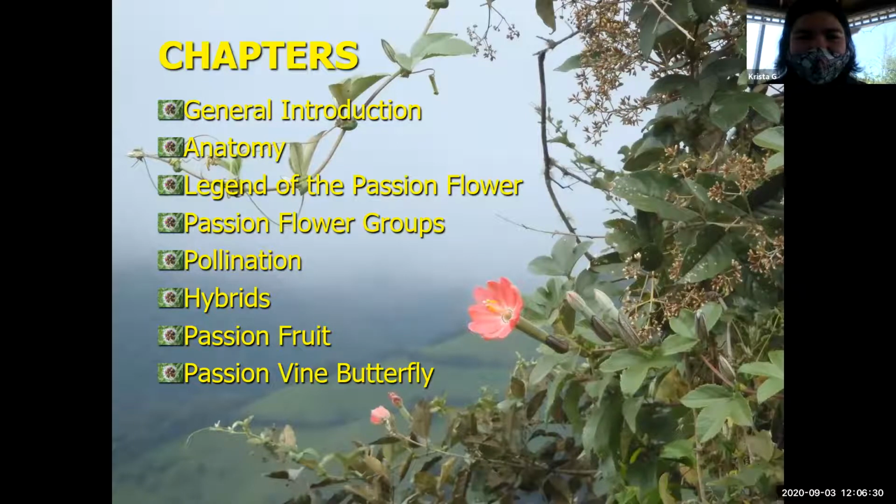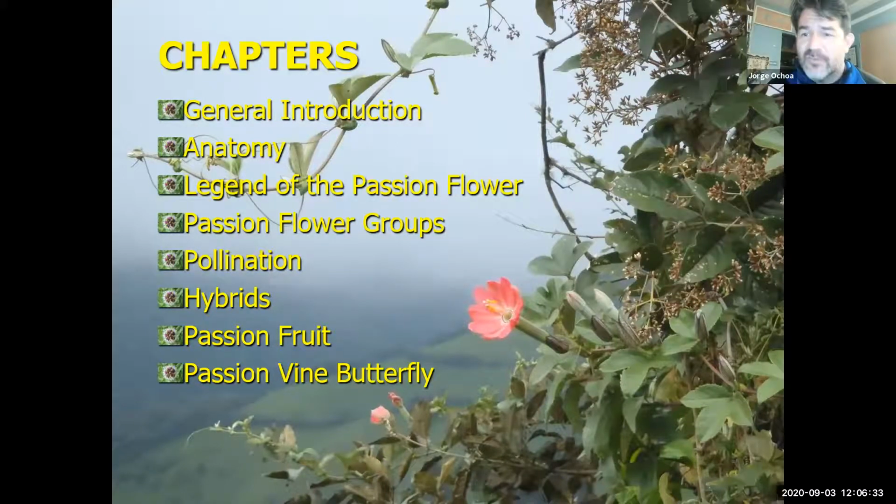We have a general introduction. We're going to have the anatomy, covering vocabulary so that you can get a feeling for it. The legend of the passion flower, why some of these plants become really important or popular. Pollination, because that explains why certain flowers have certain specific color, fragrance or not. Then hybridizing, because that's going to happen with passion flower. We get to talk about the fruit, which is edible and something that people like, as well as the association with the butterfly. That is going to be another reason why people may grow this specific plant.